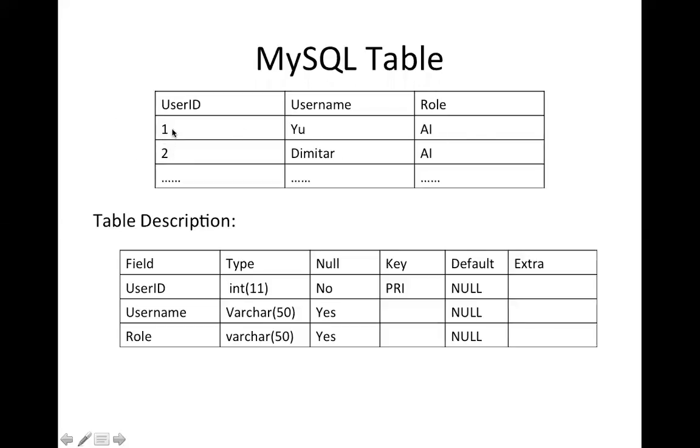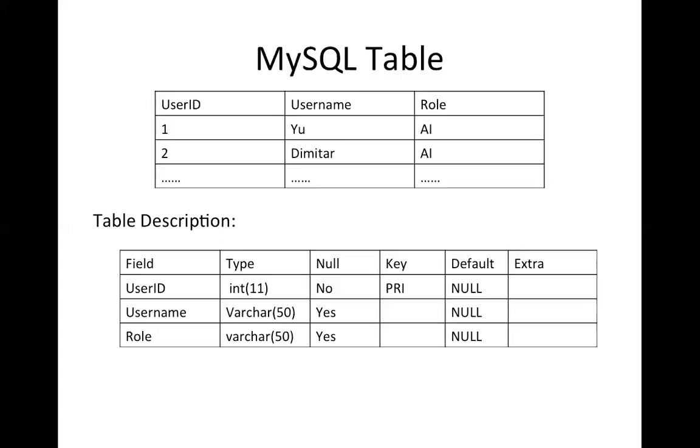So this record just shows the username and row. And the table description. For this table, there are 3 columns, 3 fields. In these three fields, we have to define the information. First, there's a user ID. Field 1 is the user ID, type int 11, the value none, and the primary key or foreign key. So if you have used MySQL before, you will find that,